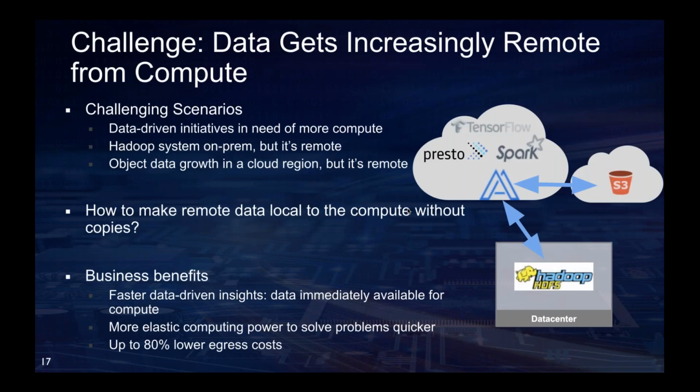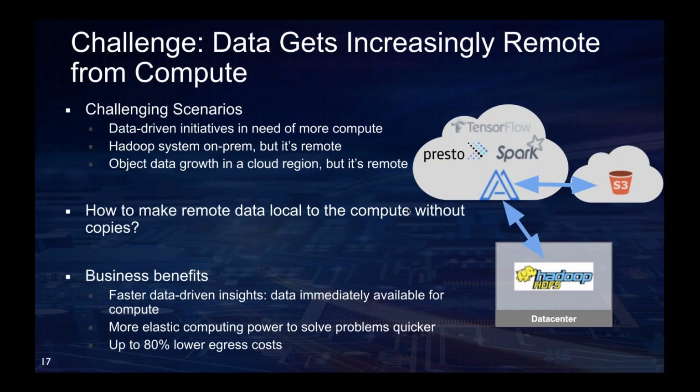So essentially, more and more data is getting increasingly remote from the compute. This is driven by multiple factors. Data-driven initiatives need more elastic compute power, so enterprises are pursuing the cloud as one of the solutions to provide temporarily available computing power.